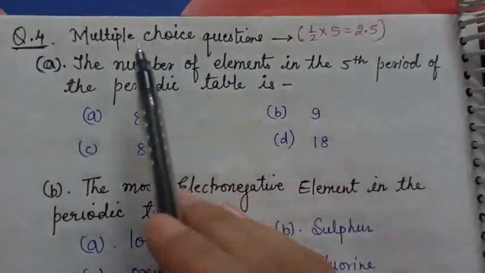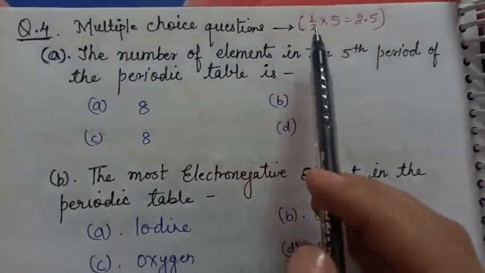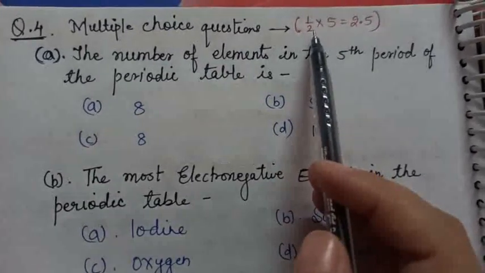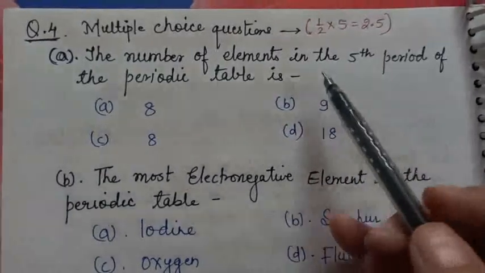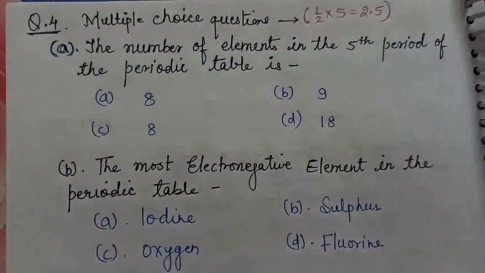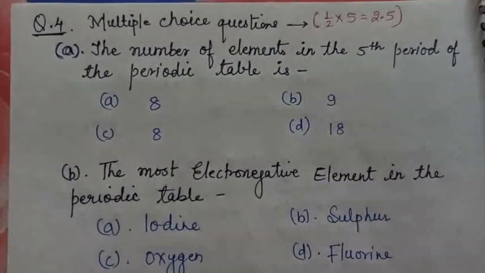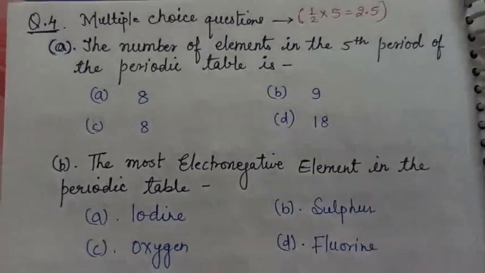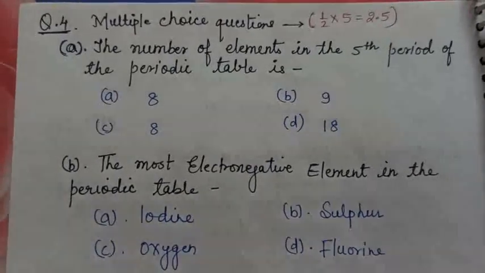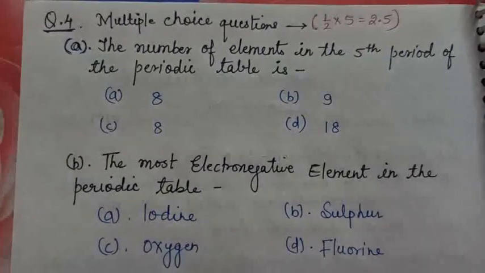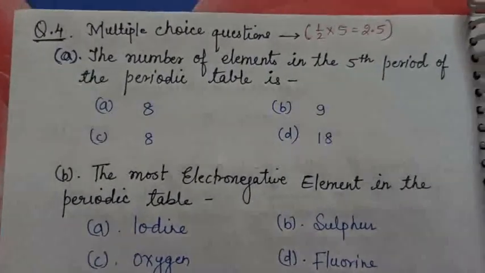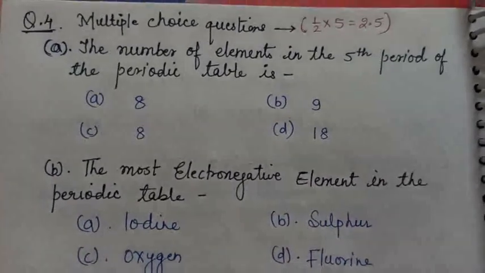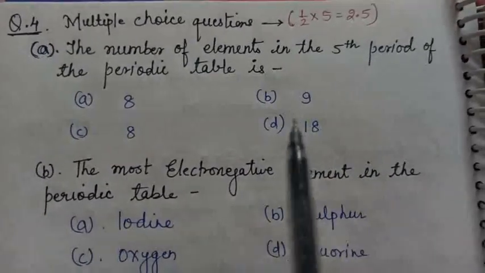Now see, question number 4 is a multiple choice question. And the weightage is, there are 5 questions again, half each, 2.5. So here there are no instructions as such. If your answer is correct, you will get half mark. No problems. One thing I want to say is, every question has only 1 correct answer. Multiple choice questions sometimes have 2 answers correct also. This is nowadays the pattern of the competitive exams, but I have chosen all the questions in which 1 answer only